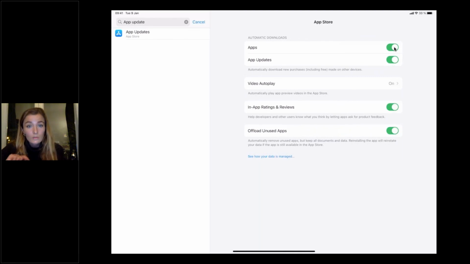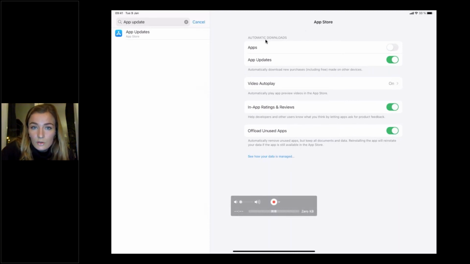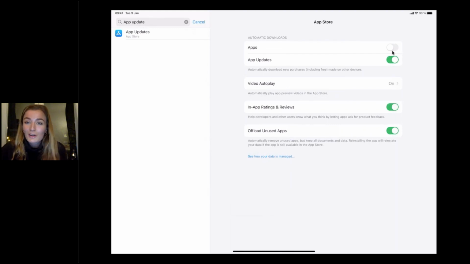If you don't want that to be the case, which I understand, because a change is difficult to handle, you need to have this setting off, the first one. The automatic downloads for apps needs to be set to off. When this is off, if you want to update Predictable 6 to, let's say, Predictable 7, which would be in a few years, I believe, only you have the power to manually update an app.